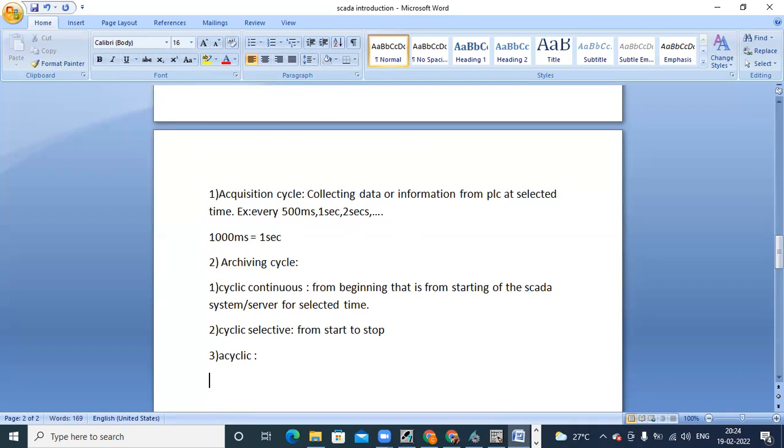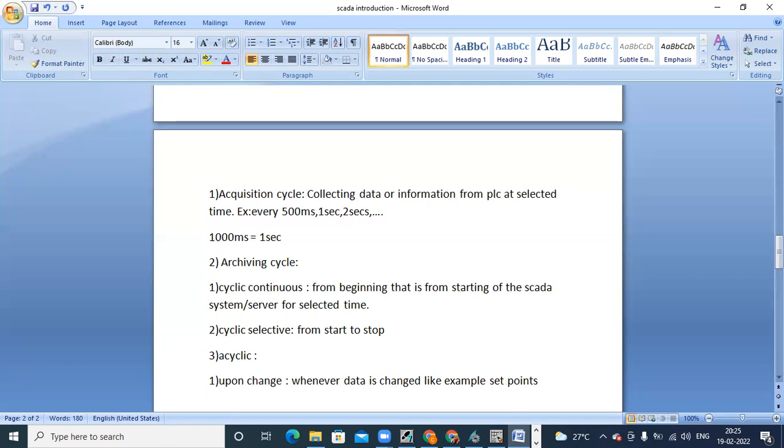Acyclic means anytime, and there are two methods in that. One is on change, which means whenever data is changed, for example a set point. Suppose I want to control the motor speed, and it is running at 500.